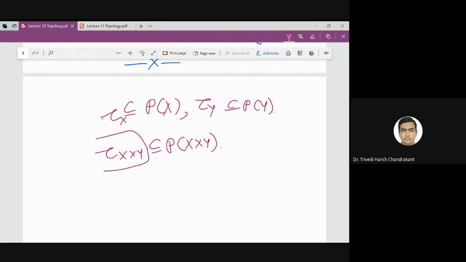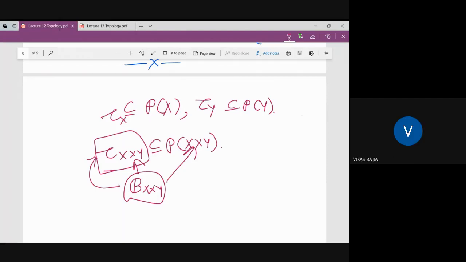So this topology, I will get a topology which is generated by the basis, right? If I have a basis on X cross Y, I can always get a topology by taking all the unions of the elements of the basis,